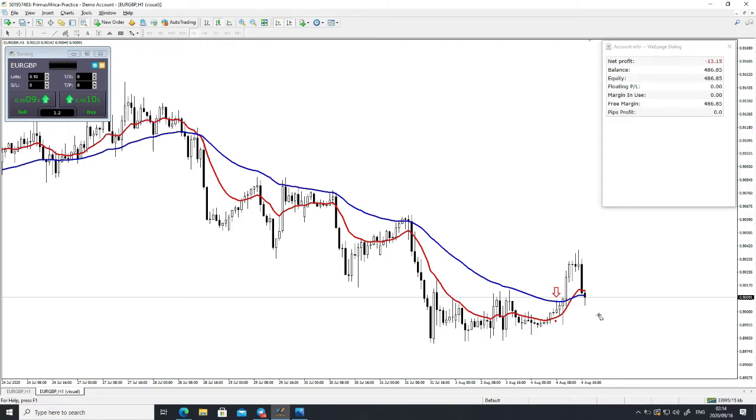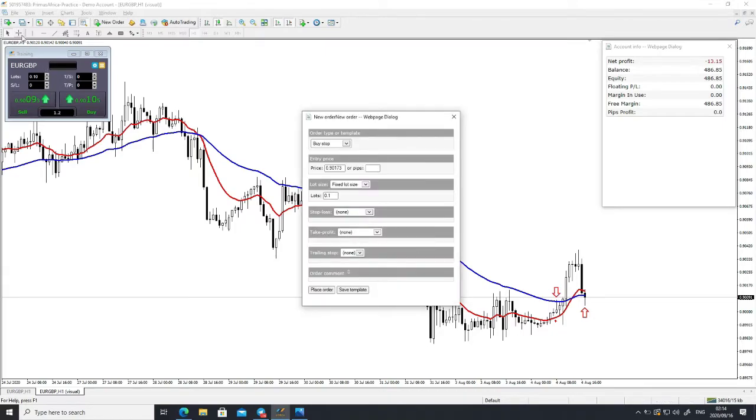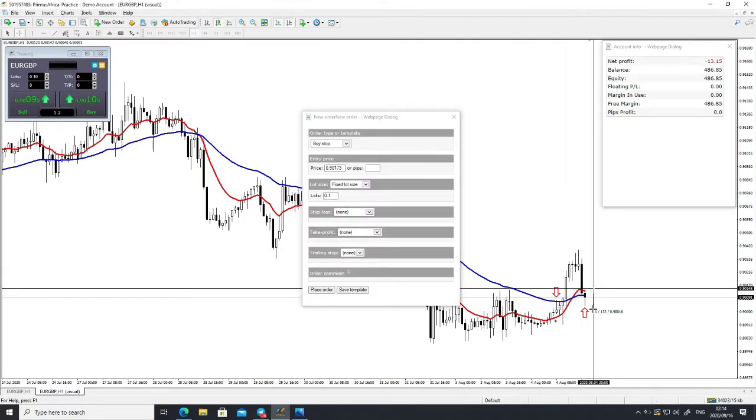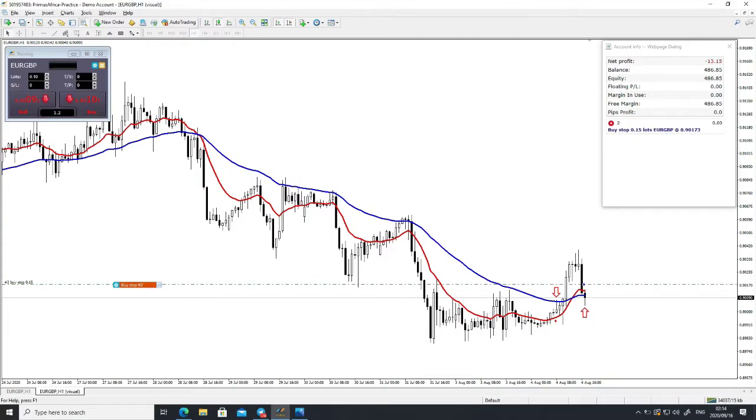Okay, so there we go. We just touched the blue line and it's a crossover as well. So like the same previous order, we are gonna set our buy order right there. So right here we wanna lose or risk $20. So our lot size is gonna be 1.5, 0.5. So now our order's in,